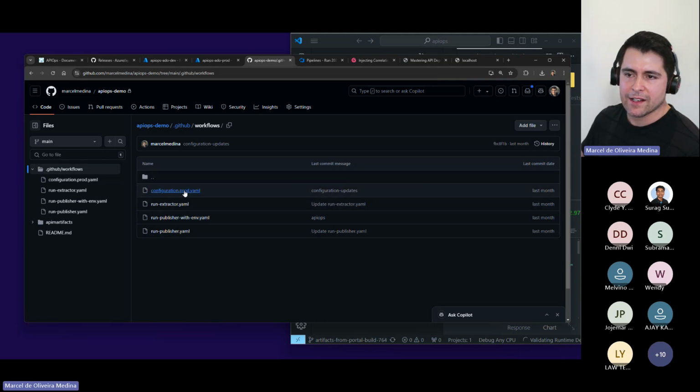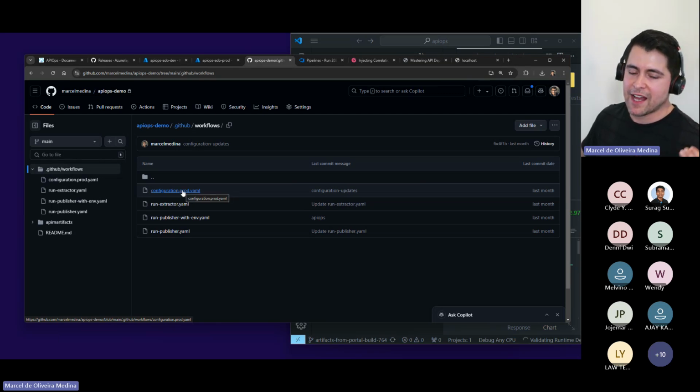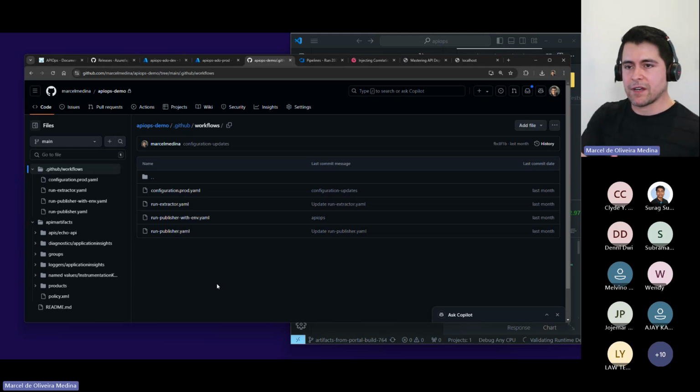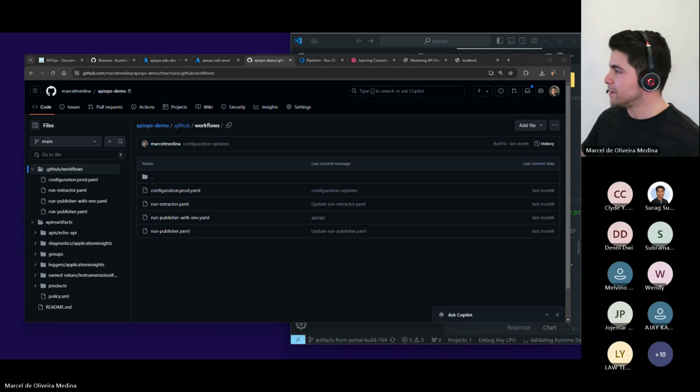I didn't create one for dev because dev always has the dev variables and is always going to be there, but I created one for production. Artifacts are exactly the same, right? So you only have YAML files that are going to be executed by your DevOps tool. I think that's our answer, Law.